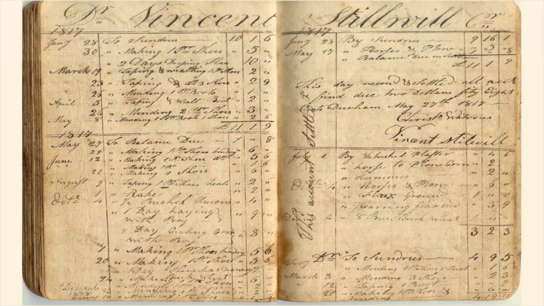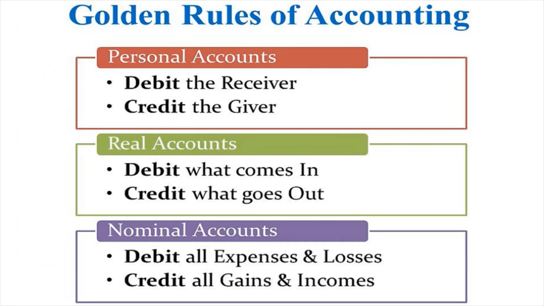It is governed by three accounting principles. First, debit the receiver, credit the giver. Second, debit loss and expenses, credit profit and gain. And third, debit inflow and credit outflow. These principles are inviolable. In conventional ledger systems having an intermediary,